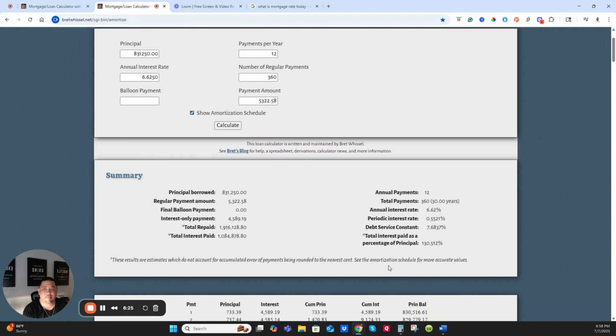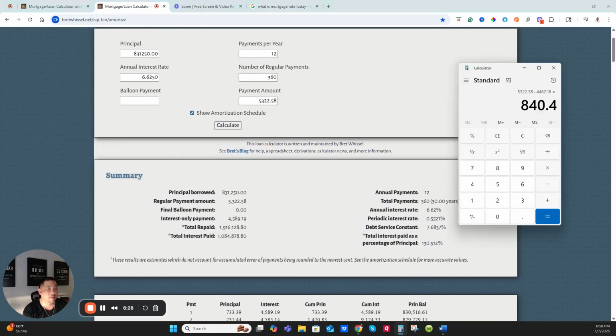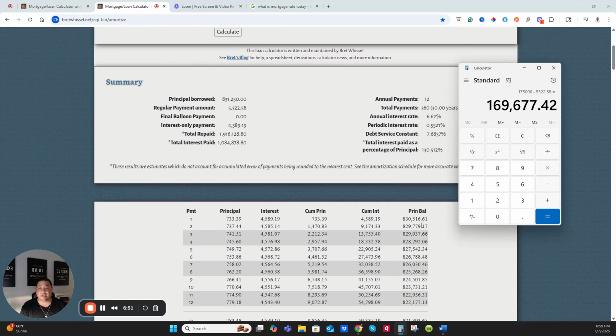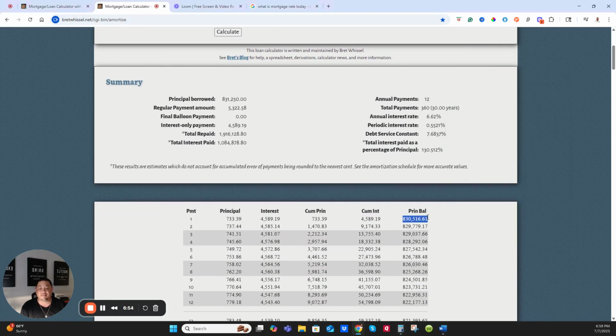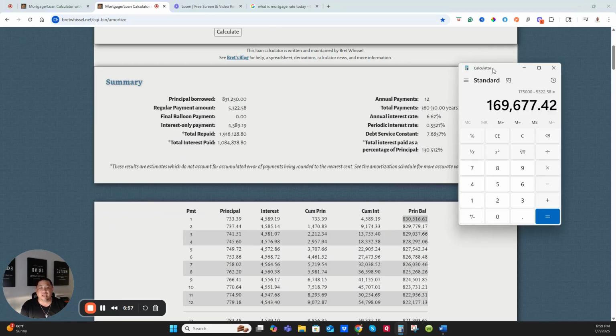So let's say, for the sake of argument, you have your additional payment, right? You have that $175,000, and we're going to go ahead and take out that first payment, which is $5,322.58. So let's say you make your first payment, right? Your balance is now here, $830,516.61. And now let's say that you go ahead and make a payment of $169,